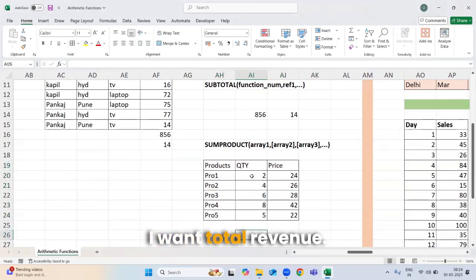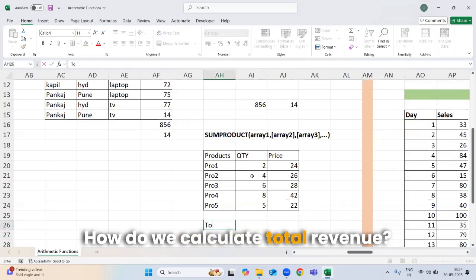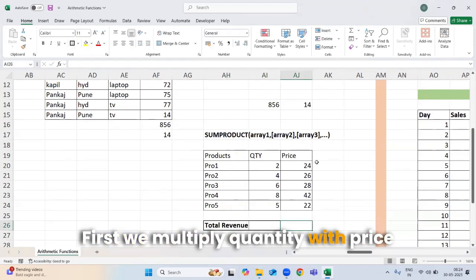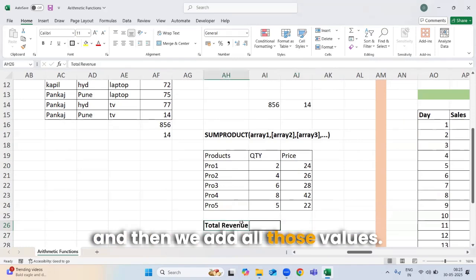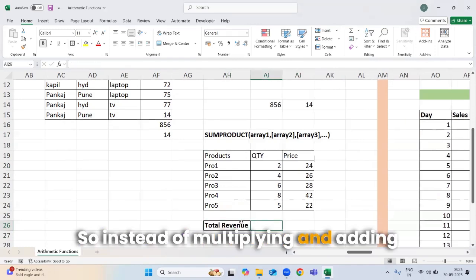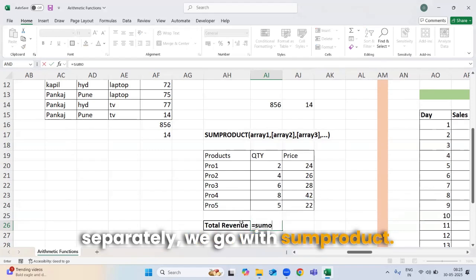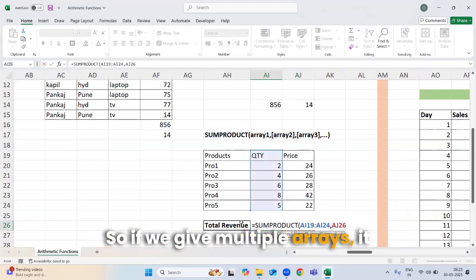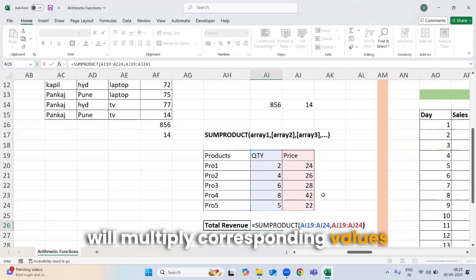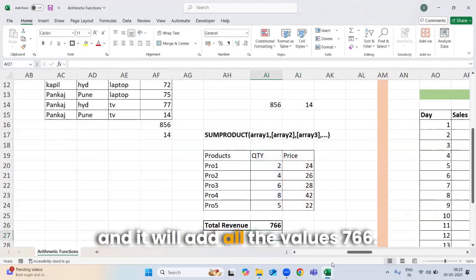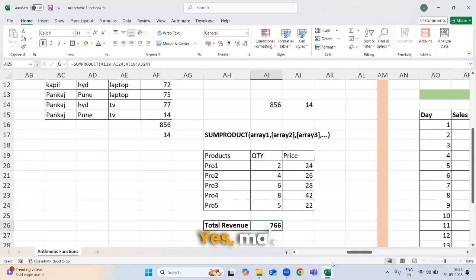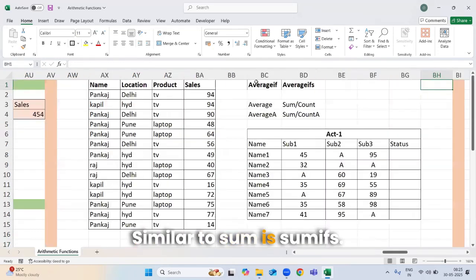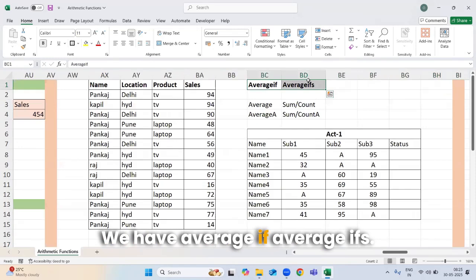I want total revenue. How do we calculate total revenue? First we multiply quantity with price and then we add all those values, right? So instead of multiplying and adding separately, we go with SUMPRODUCT. If we give multiple arrays, it will multiply corresponding values and add all the values. 766. Clear?